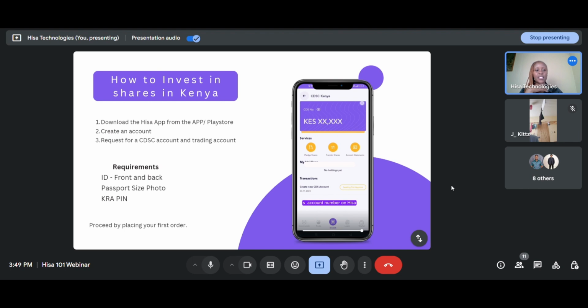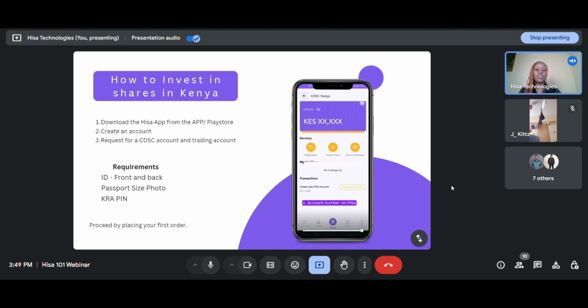Okay. It seems that he doesn't have a question, but basically, just on the app, once you have your account verified, just tap on the CDSC button, then tap Connect on the new page. Within 48 working hours, note this, not during the weekend, not during the holiday, you'll get your CDSC account number and a trading account will be created for you.